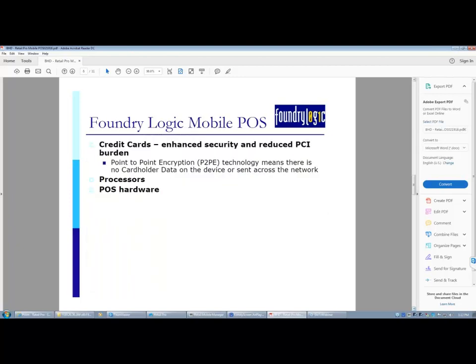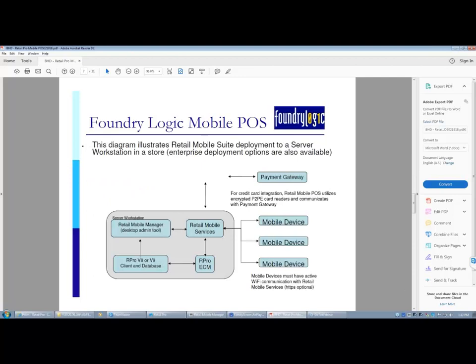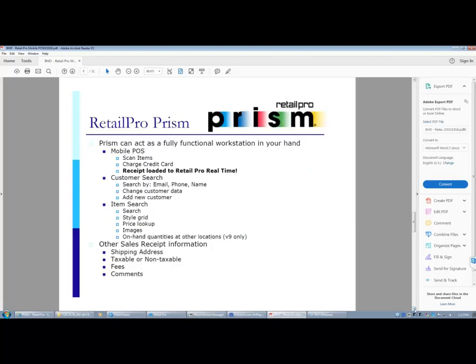PCI compliance is obviously of concern to everyone out there, and all of this is P2P, or point-to-point encrypted. So when you put it in the chip reader, there are a couple of different options. We even have those pictures. It gets into the logic of how Foundry Logic is laid out, right? Mobile devices talk to the retail mobile suite or services application, and then that talks to Retail Pro. Anyway, so let's hop over and take a look at